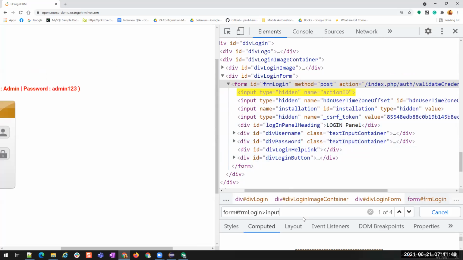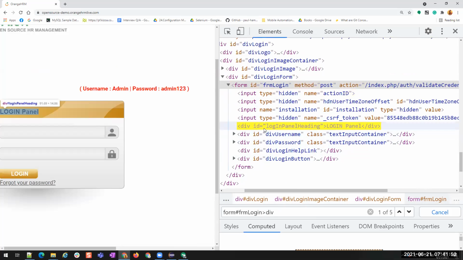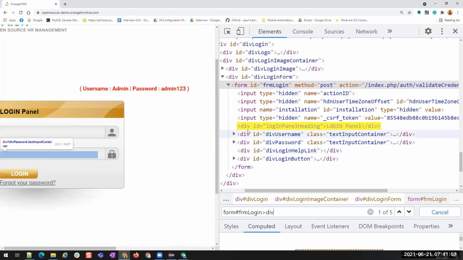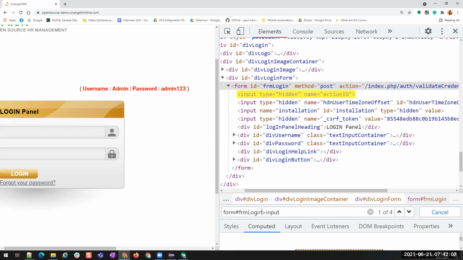If I give div, it will give 5. You see, div is starting from here 1, 2, 3, 4, 5. So the form has 5 children with the tag div, and the form has 4 children with the tag input. So if you want to go to a child from its parent element, then we use the greater than symbol here.